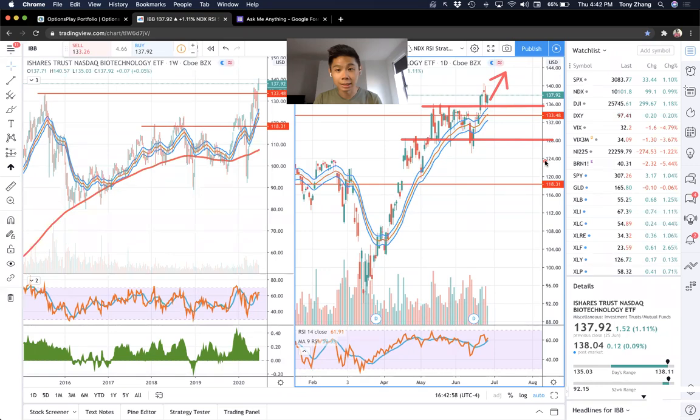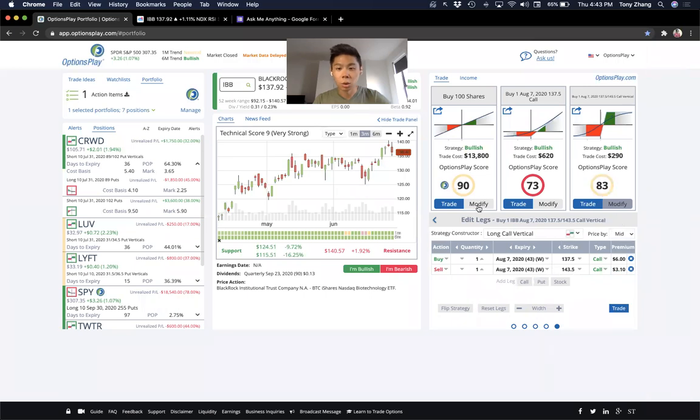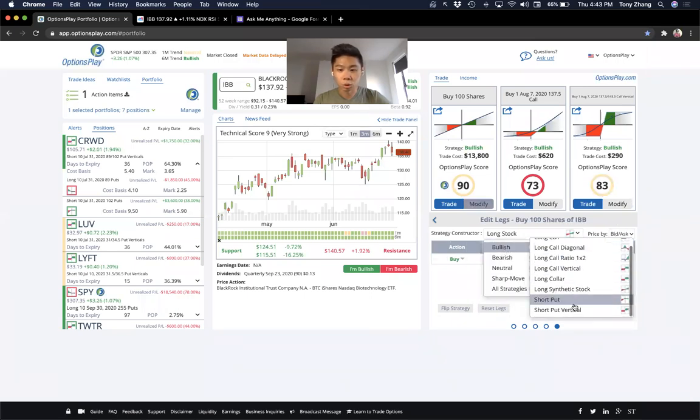You think about the amount of investments that have now been poured into the pharmaceutical and biotech industry as a result of trying to pursue a cure and a solution to COVID-19. This is part of why this industry has seen such strong gains over the past few months. And if you project out the types of moves that you've seen from even the 112 to the 128 and project that out higher, you're looking at a substantial move to the upside. This is the type of name where I might want to take a look at vertical spreads or even selling a credit spread to take advantage of this.